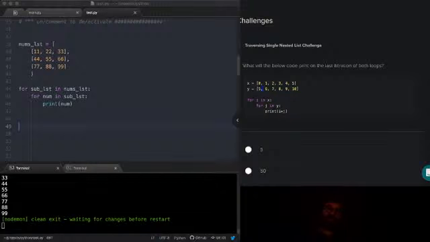So the first iteration, we're going to have x is 0, and then we're going to print 0 times 5, print 0 times 6, print 0 times 7, 0 times 8, 0 times 9, 0 times 10, and then it's going to move on to the next element, which will be 1 in x. And then it'll print 5 times 1, 6 times 1, 7 times 1, 8 times 1, 9 times 1, 10 times 1, etc., right? So the very last thing it's going to print is 5 times 10, which is going to be 50, so that'll be 50.